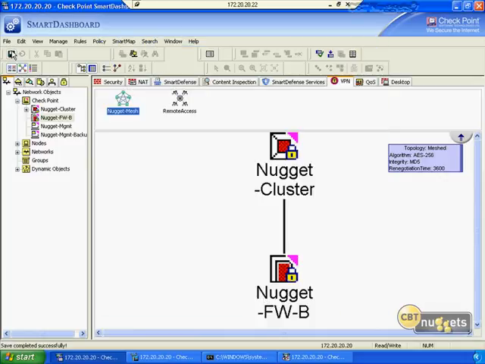Let's save this particular policy, and now that we save that, what do we see? We see a nice graphical depiction here stating that there's going to be a firewall VPN between Nugget Cluster and Nugget Firewall B. And as you highlight it, you're going to see that the VPN domain states that it's manually defined, and it's going to show you what's in the encryption domain. So that's some pretty cool options for sure. And it's going to tell you some information about your algorithm, your integrity, and your renegotiation time for this particular tunnel. So now that you have that in place, go ahead and save this and go back to our security